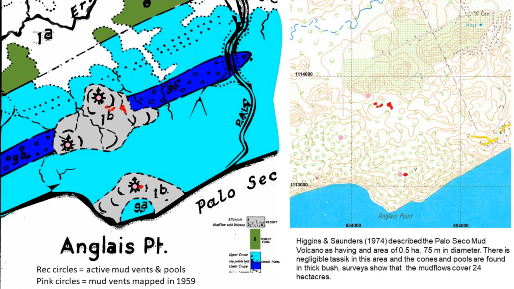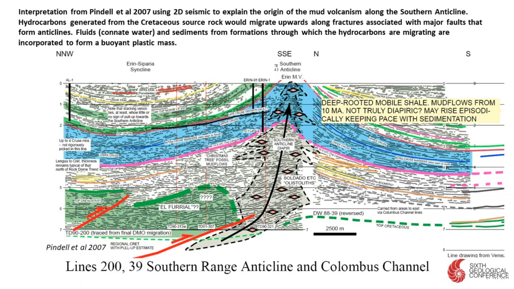done in 1977. This seismic interpretation from Pindell et al. using 2D seismic from the onshore and offshore of Trinidad tries to explain the origin of mud volcanism along the southern anticline. Hydrocarbons generated from the Cretaceous source rock would migrate upwards along fractures associated with major faults that form the anticlines. Fluids and sediments from the formations through which the hydrocarbons migrate are incorporated to form a buoyant